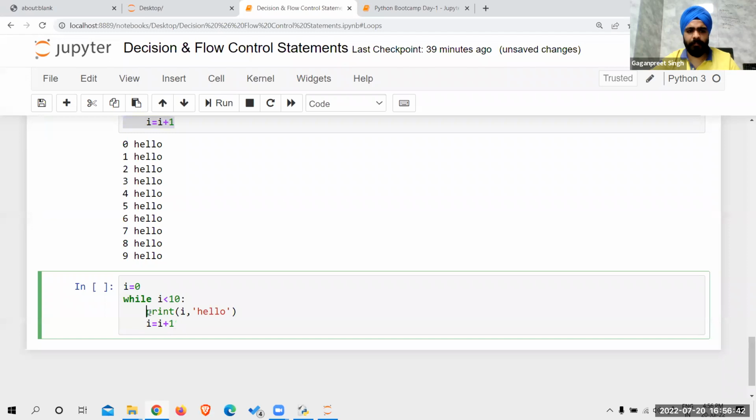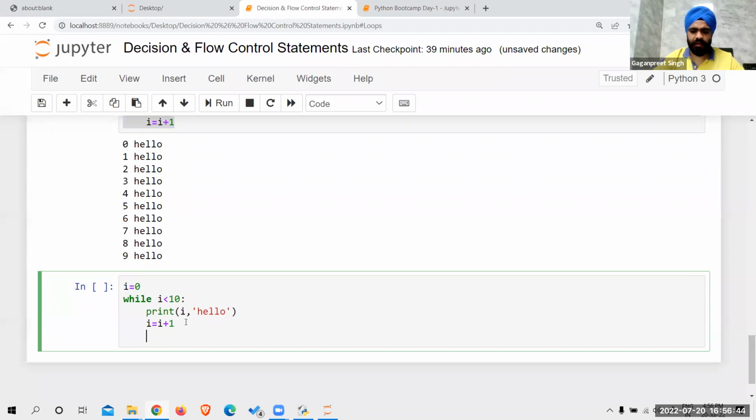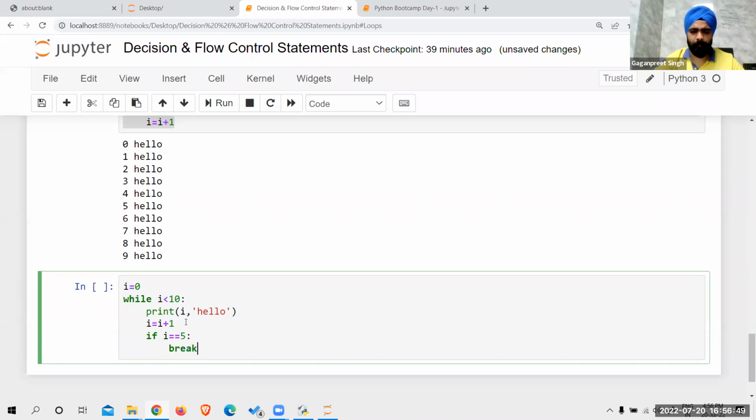Now let's talk about the break condition. If I equals 5 colon break. Now what it does is, the moment this condition becomes true,